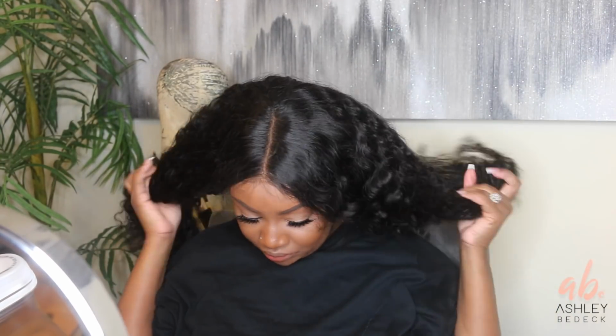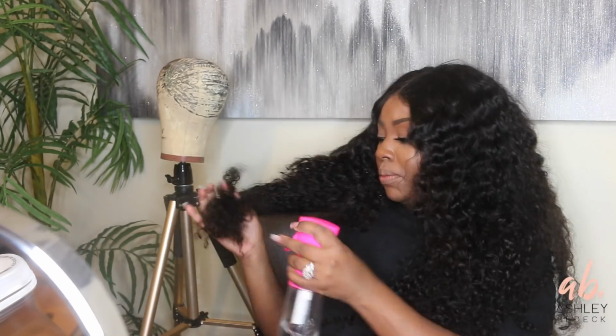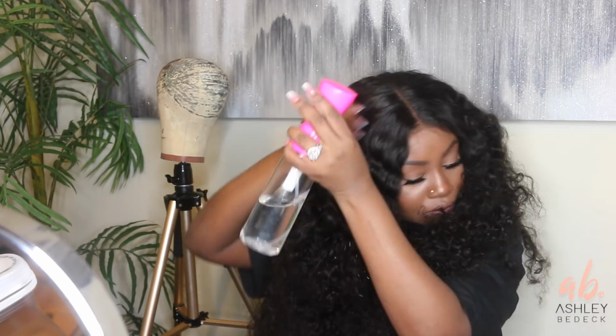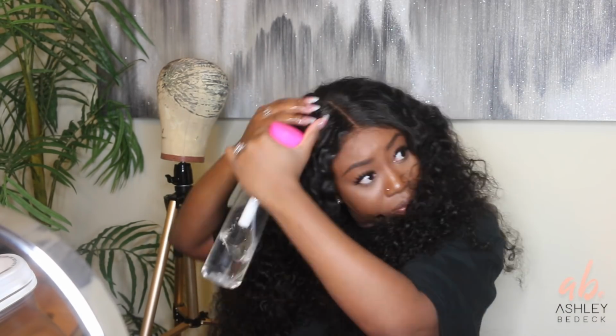This is my hair from Klaiyi. I hope I'm pronouncing that correctly. This was my Brazilian curly hair. I believe it's 26, 26, 26 with an 18-inch 13x4 lace frontal. I did the lock method with this wig about a week or two ago, and I decided I really loved